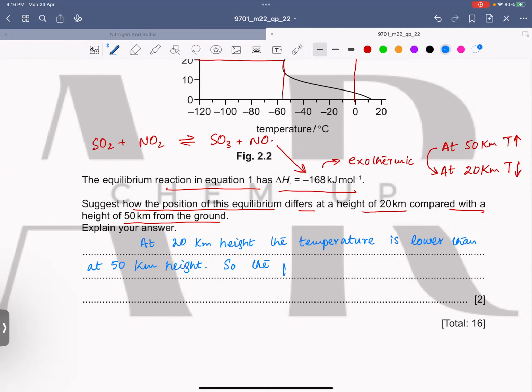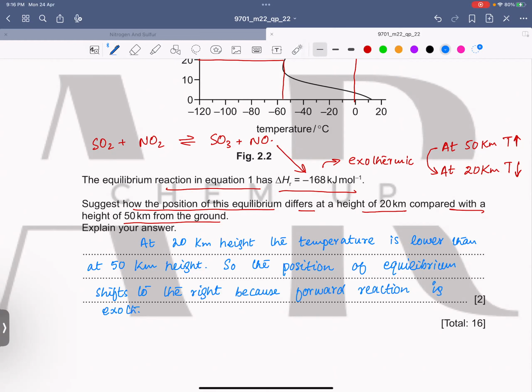So the position of equilibrium shifts to the right because the forward reaction is